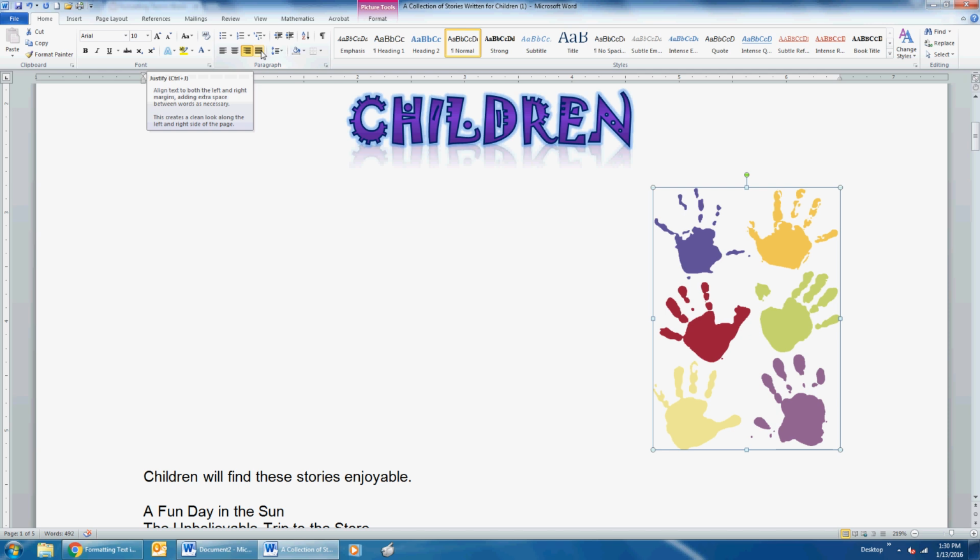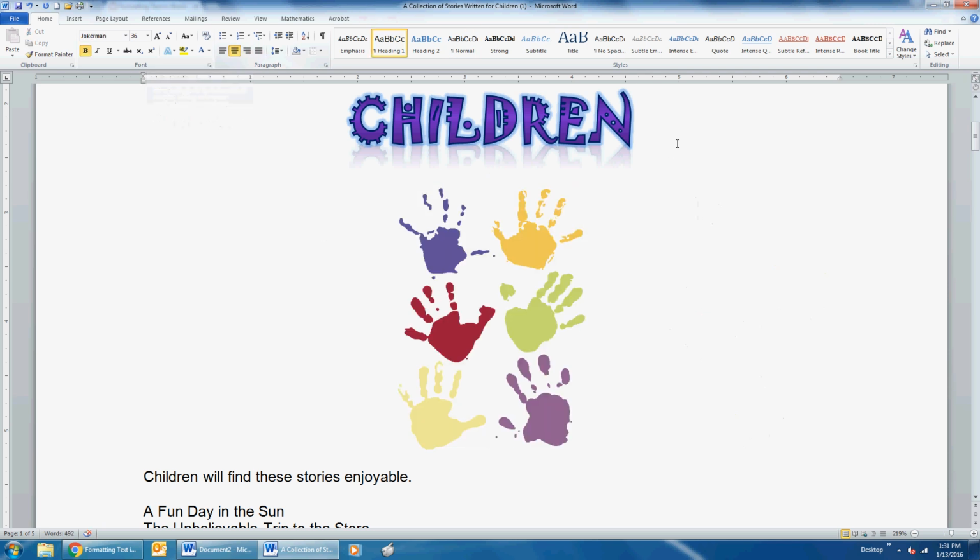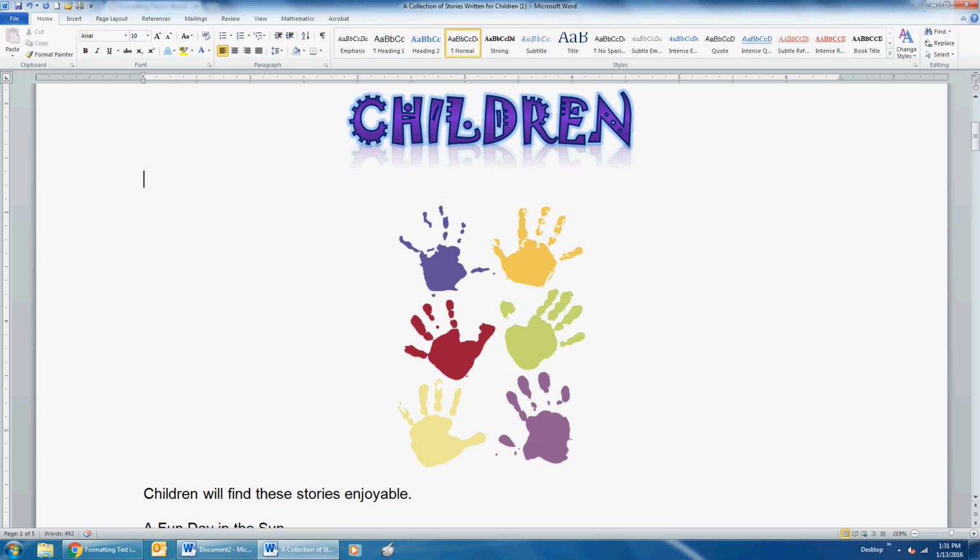Justify generally won't work with either pictures or less than a paragraph of text. You need at least a paragraph of text to justify it. This is the way we would align the text so that newspapers and magazines use. So centering the picture looks best. Whenever you're editing something, a cover or something like that, you want to have enough white space that it looks